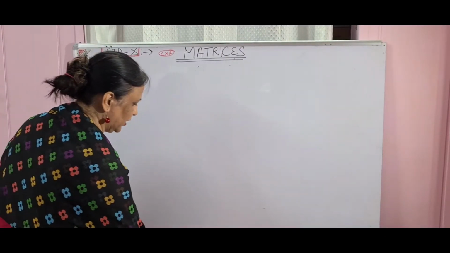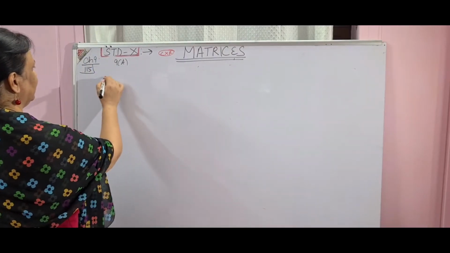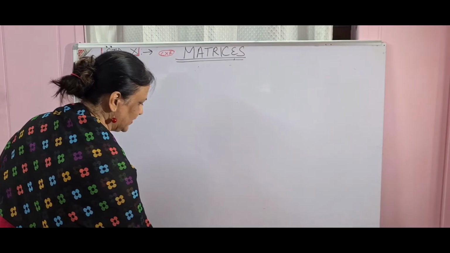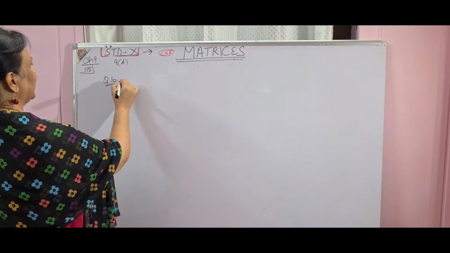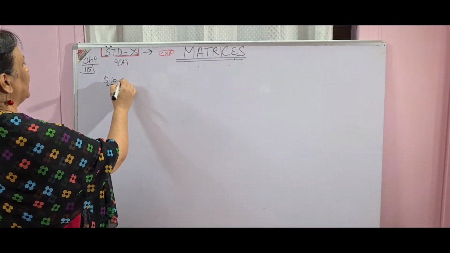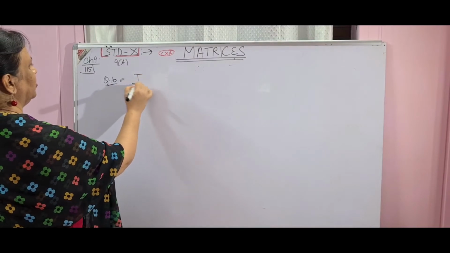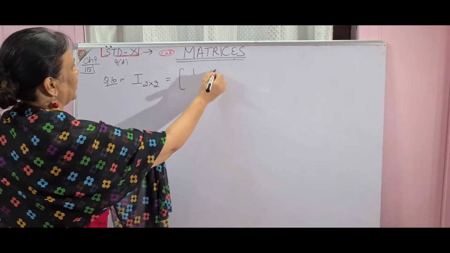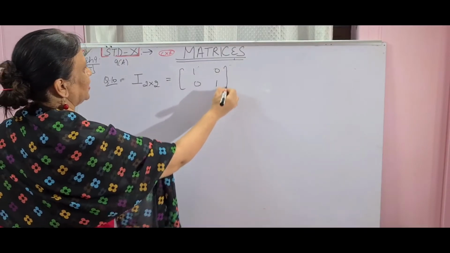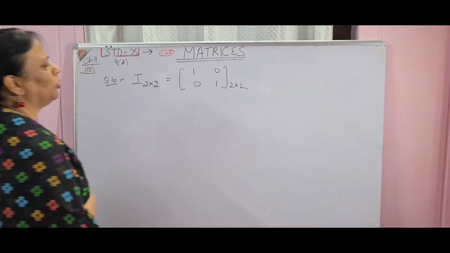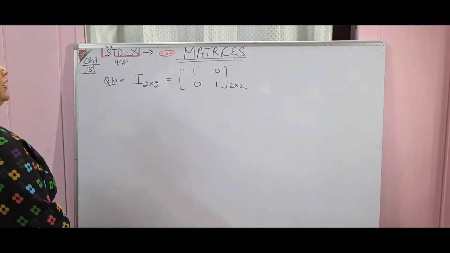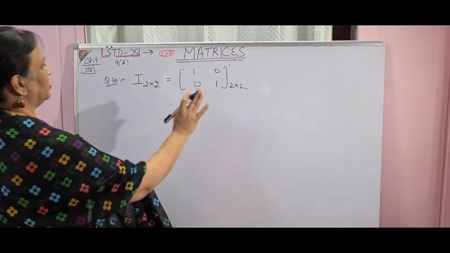Then coming to exercise 9B, let me explain that also. For example, question number 10, a question which can come in the compulsory section. The question is, if I is the unit matrix. Since I is not given, but they have given the condition that it is a unit matrix of order 2, that means you have to write I in matrix form. In most of the questions it is not given, so you have to write yourself that I is 1, 0, 0, 1, 2 into 2.